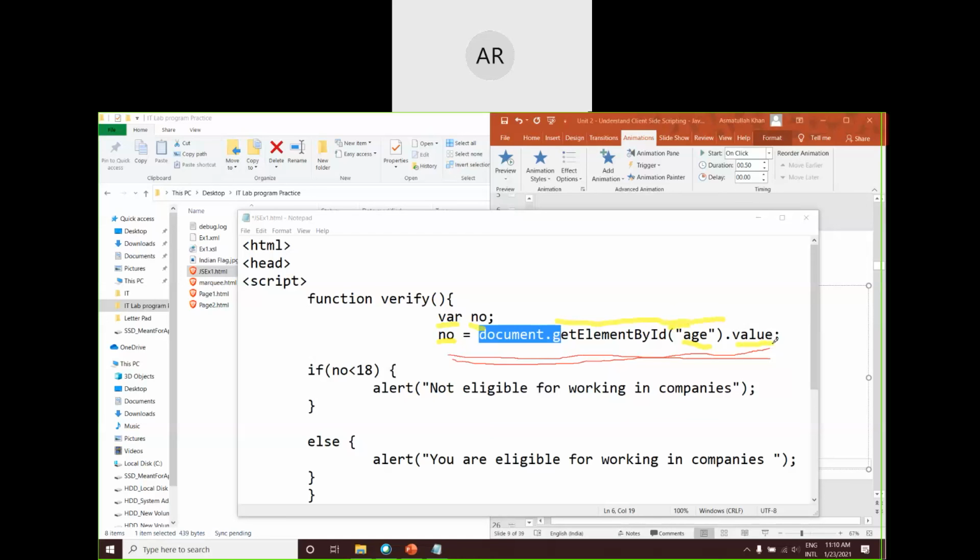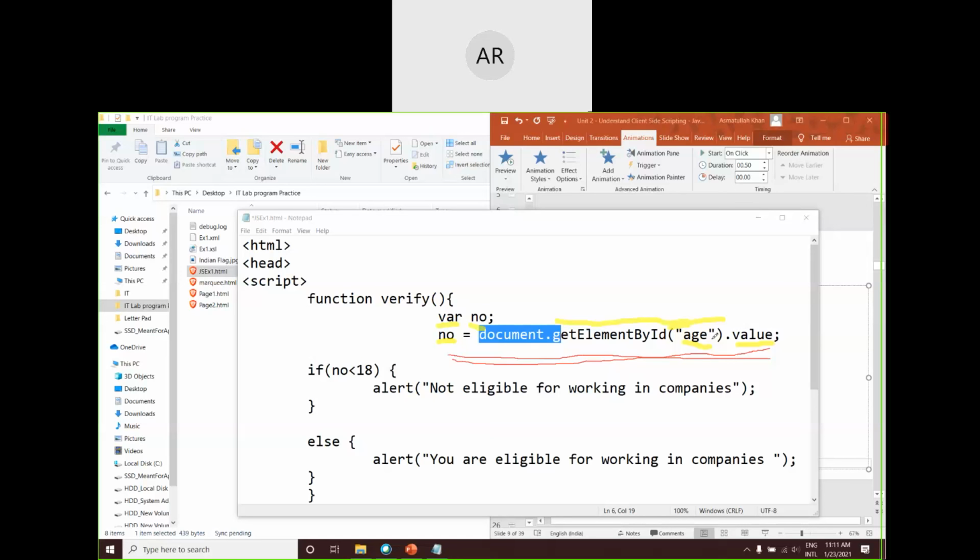You may get confused. A function we used to have a semicolon after the function name, but why are we having a dot value? This dot value is called a property of this function, which is actually a short form for the return value of this particular age. Is it clear now?